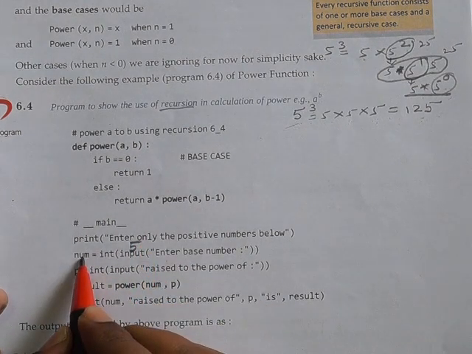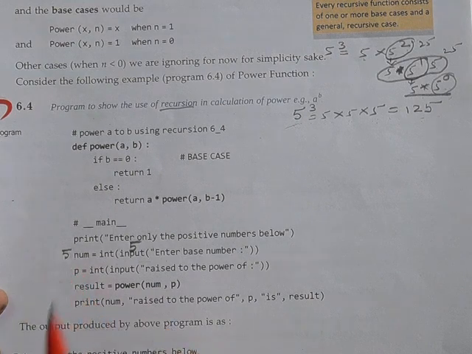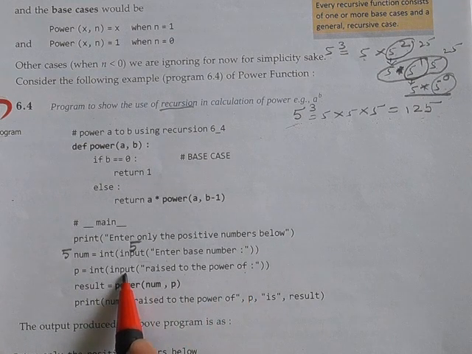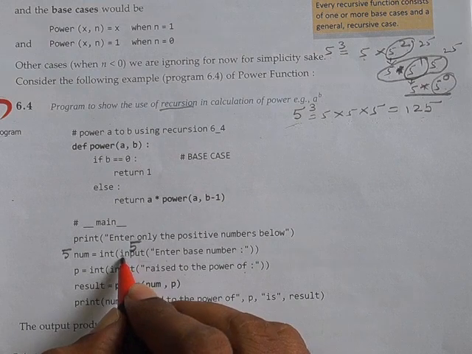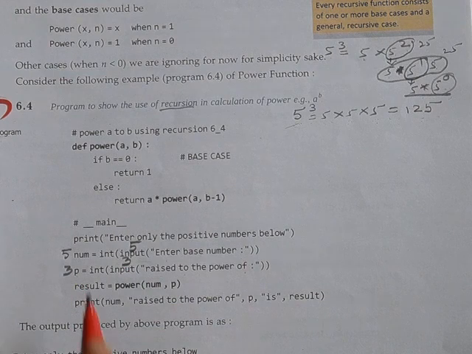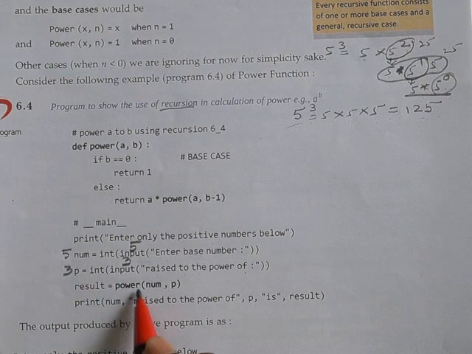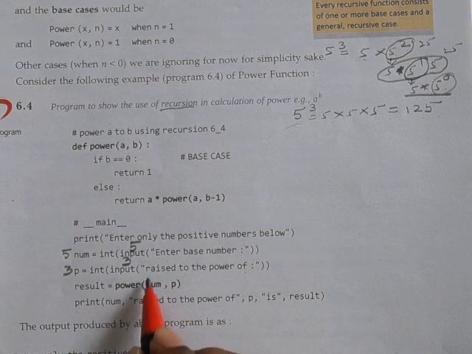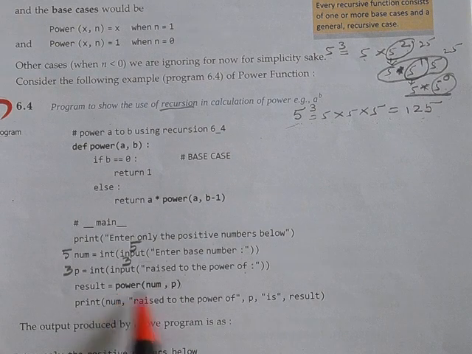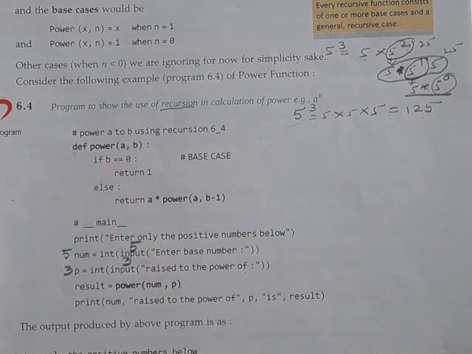Now what is the num value? It is also 5. Now listen. Raise to the power of, you have to give one input. I will give 3, such that the p value is nothing but 3. Okay, fine. Now you come here. So, power function. This is nothing but a function call statement. So, this power function will call this power definition. Got it? Before that, we should know the value of num and p.